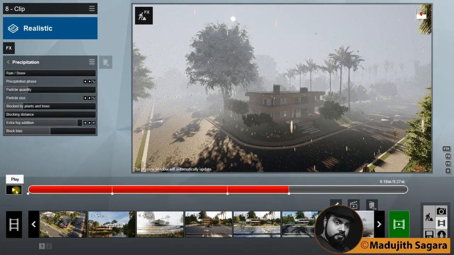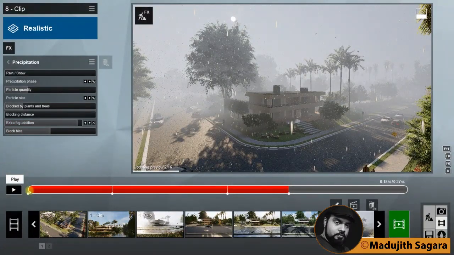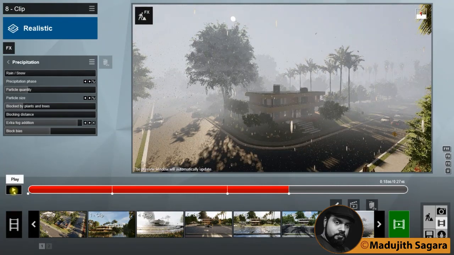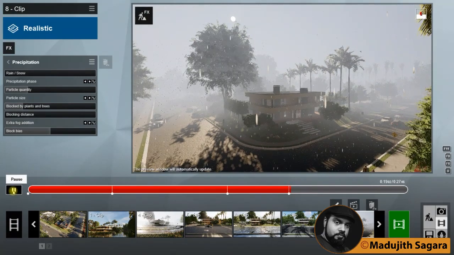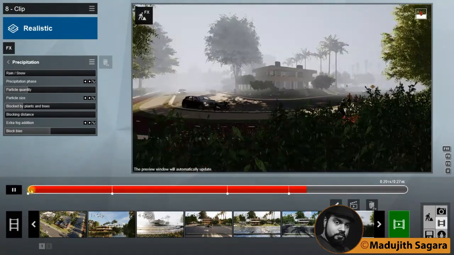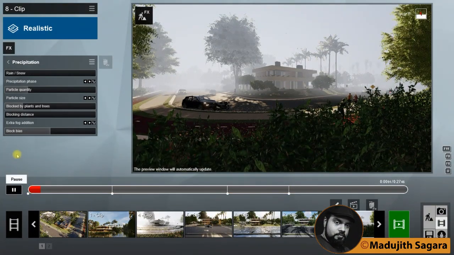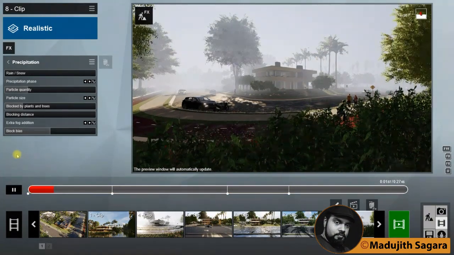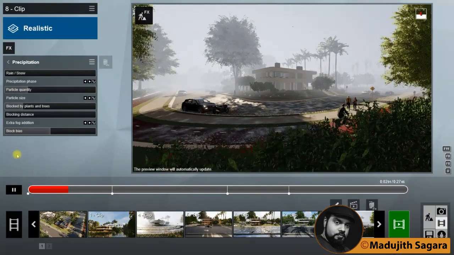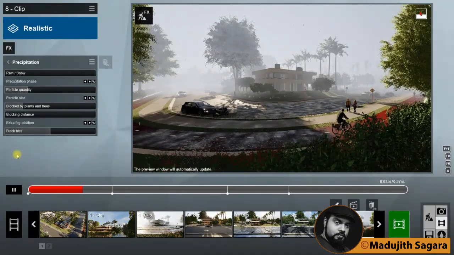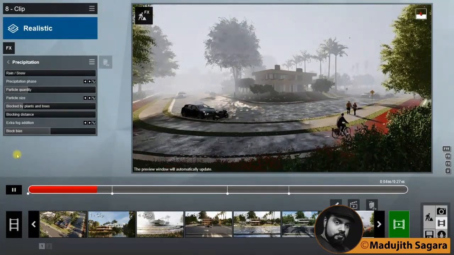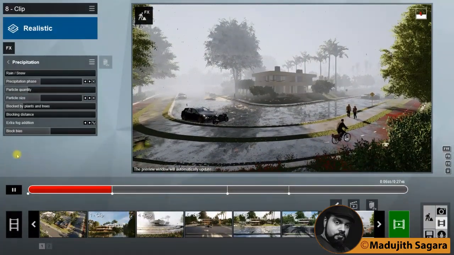I'll come to the original position and I will play. Fog is increasing gradually. And this is the beauty of Lumion. You can add any effect you like.